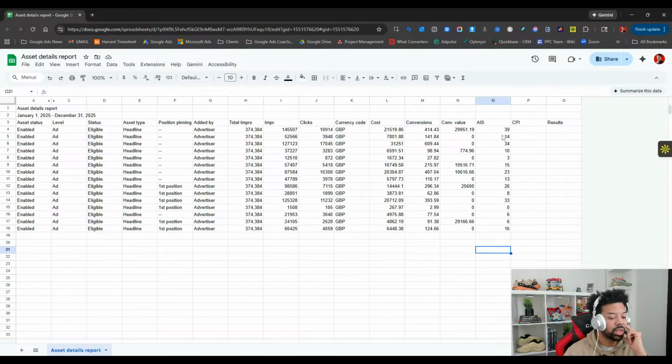So just to explain AIS, this is the asset's impression share, meaning out of this 374,000 impressions that this ad received or generated for the year of 2025, this asset alone was taking up 39% of the total impressions. So 39%, and then so forth and so forth. All right, so now we do